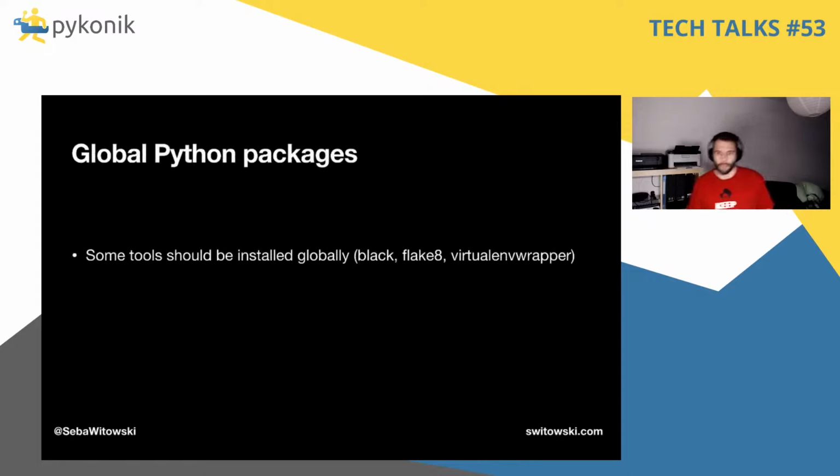All right, so we solved the problem of how to separate dependencies in our project. However, there are some Python packages that you probably want to use globally on your computer. For example, the code formatter black, the code linter flake8, or even the virtualenvwrapper tool that we just saw. We want to use those Python packages across all our projects, or even when we are outside of a project. For example, we saw that we can use virtualenvwrapper to create a virtual environment before we start working on a project.